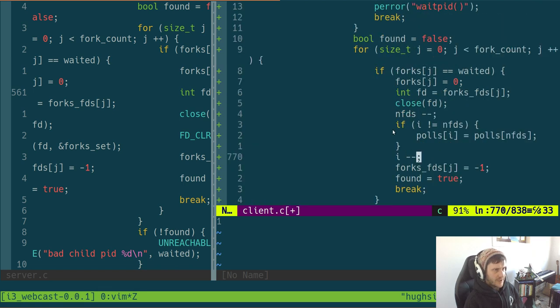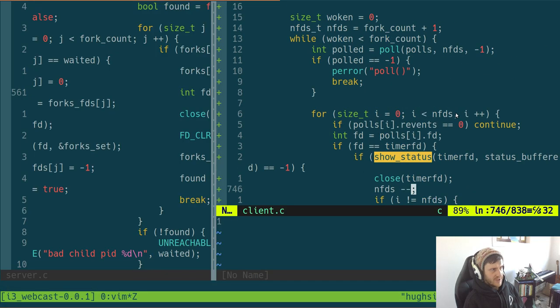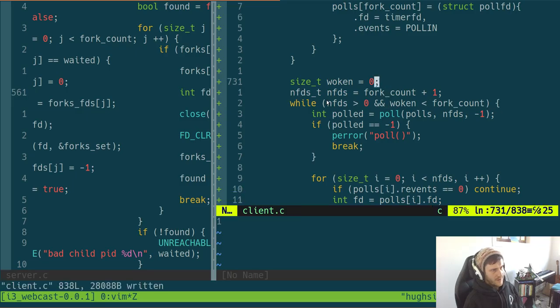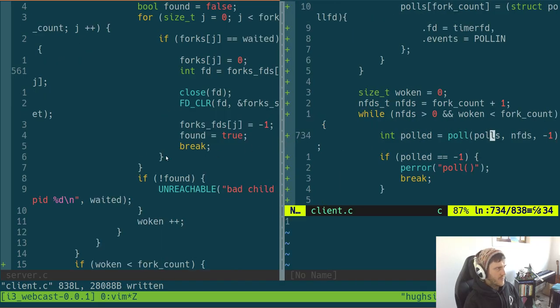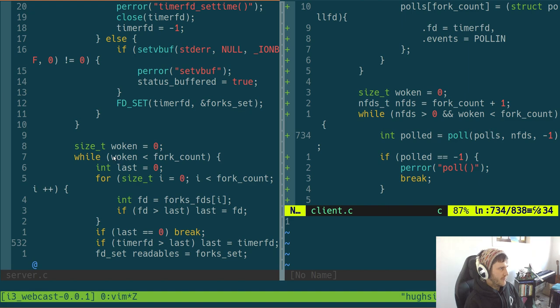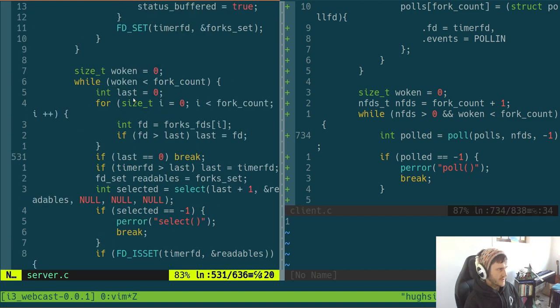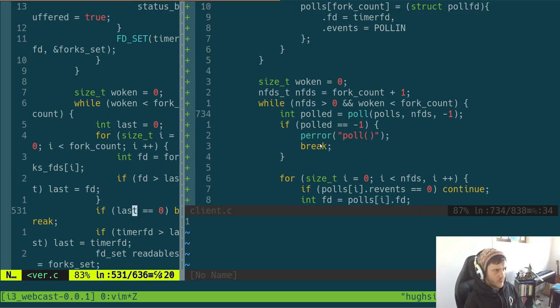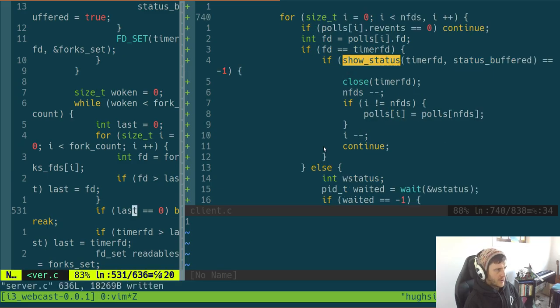So that's just kind of closing that as we go down, and then eventually NFDs. Something like that. And what condition do we have on this? We do this calculation there, and that's when we do that kind of early break. But here we kind of keep track of it. Cool. So now,